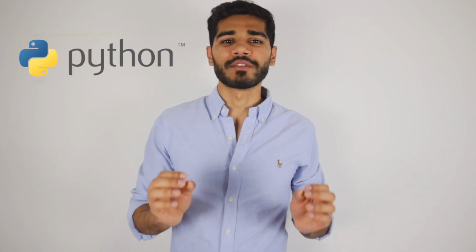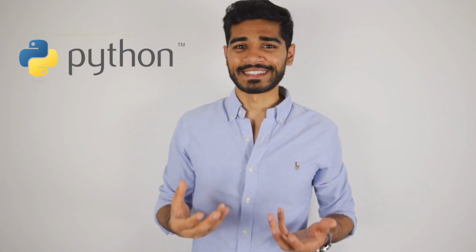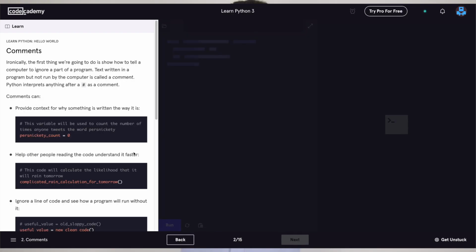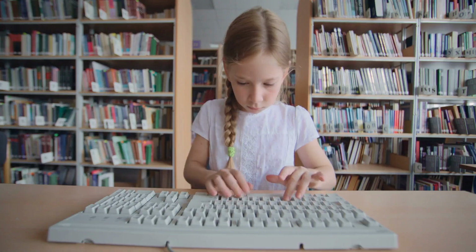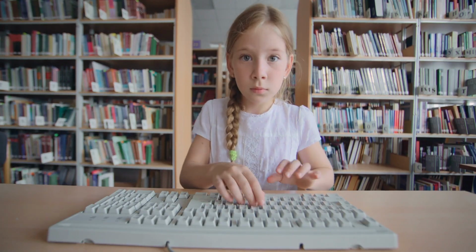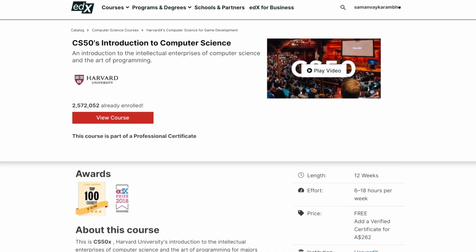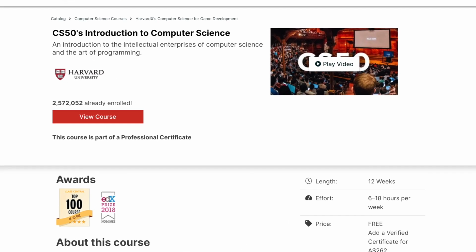Now let's talk coding. Python is by far the most commonly used language in data science. A good way to learn the basics would be Codecademy. That should give you enough experience to get you familiar with the Python syntax. Along with Python, I'd also recommend learning the basics of computer science, and a good way to get started would be CS50 by Harvard. It's available for free on edX. Now, some of the material in there might not be as interesting to you, so I'd recommend skipping to the SQL, Python, and data structure sections.